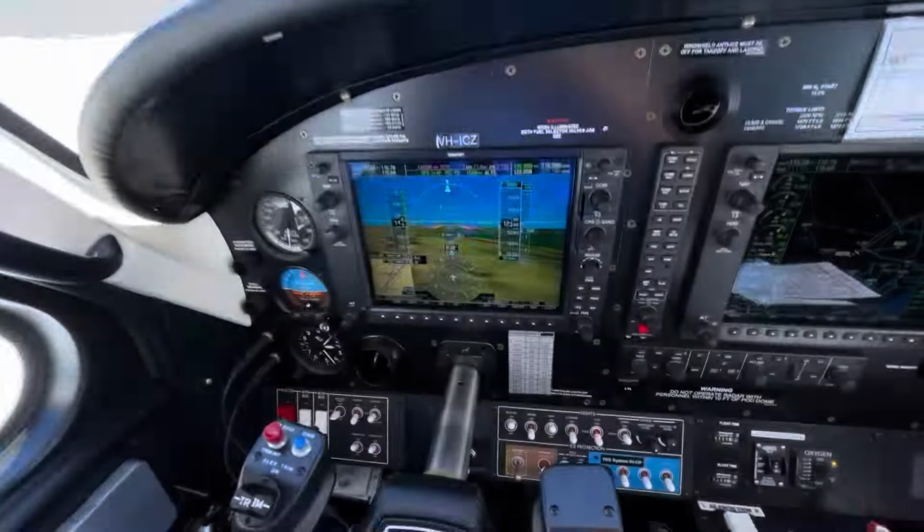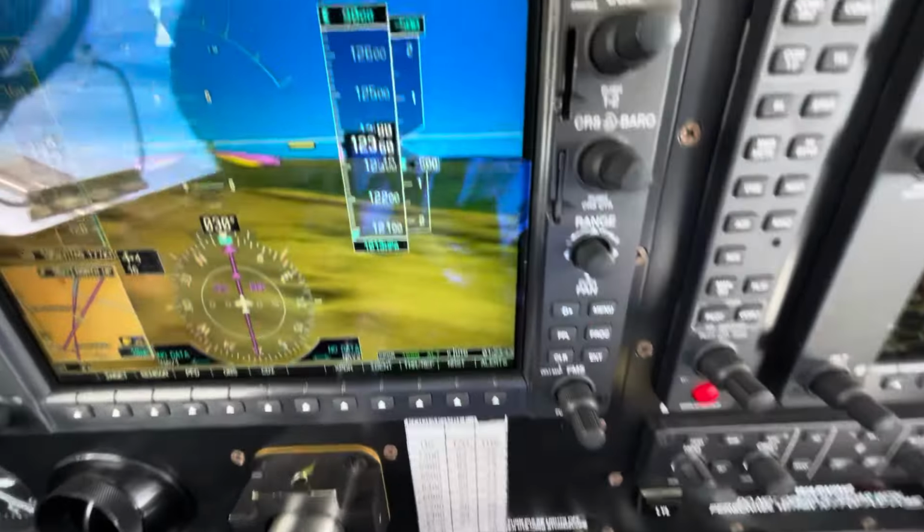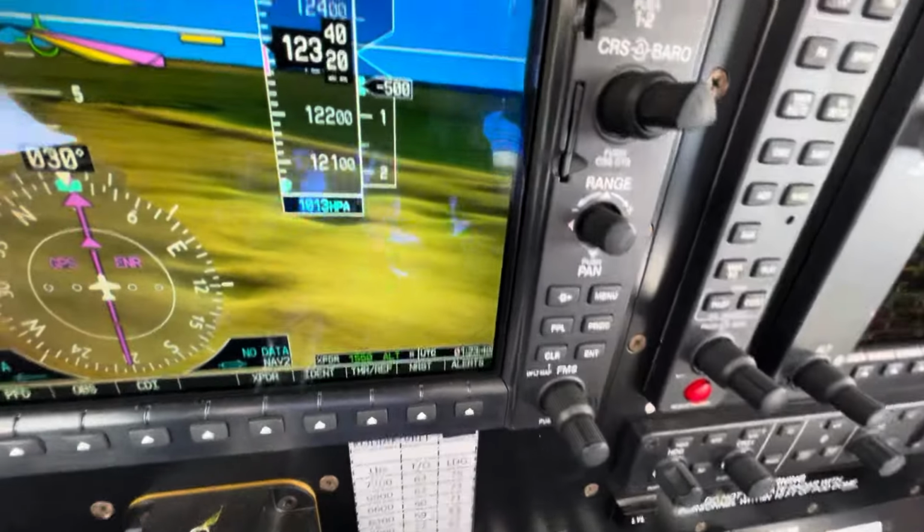Okie doke, so we've just left flight level 130 for 9,000. Not if I get up into the flight levels, but what we do...